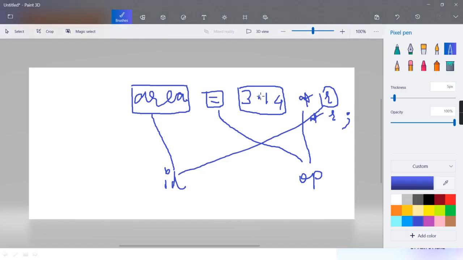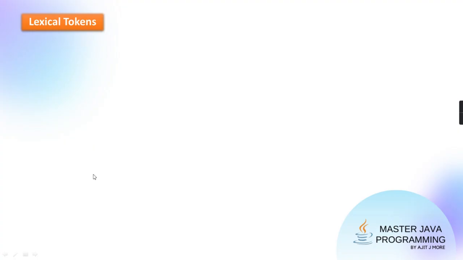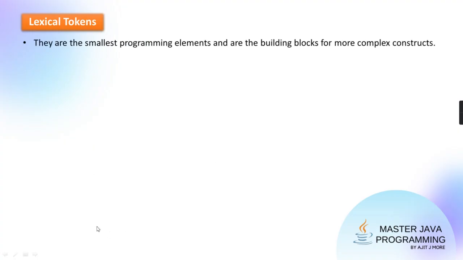And have we arranged them in any way? Like if I have written A, B, plus. Clear? Though they are also three tokens, token 1, token 2, token 3, they are not arranged using the grammar, and therefore the compiler is going to generate an error. Though there are three tokens, three lexical units, pieces of text, they are not following the grammar. So grammar also is to be followed.